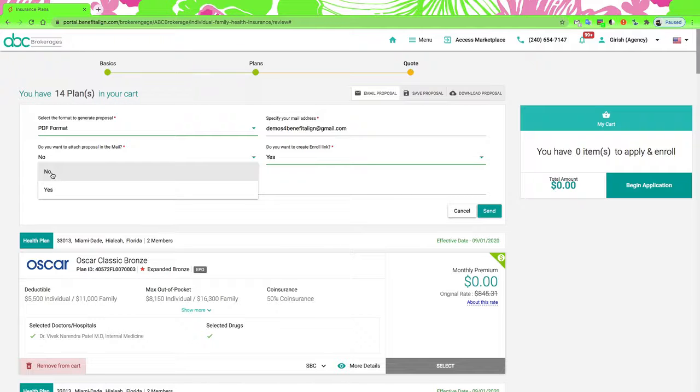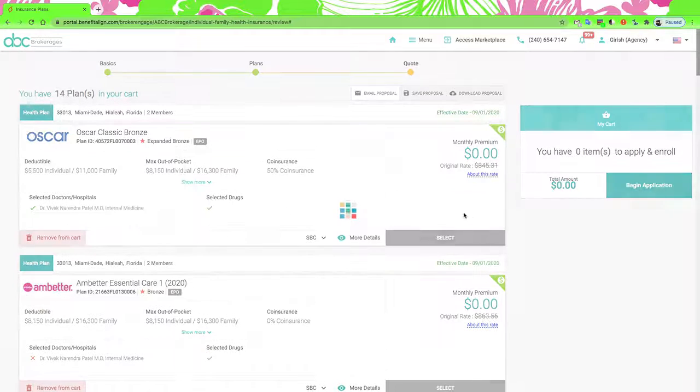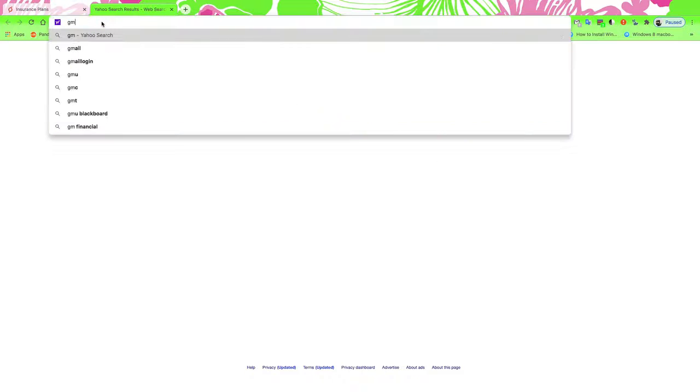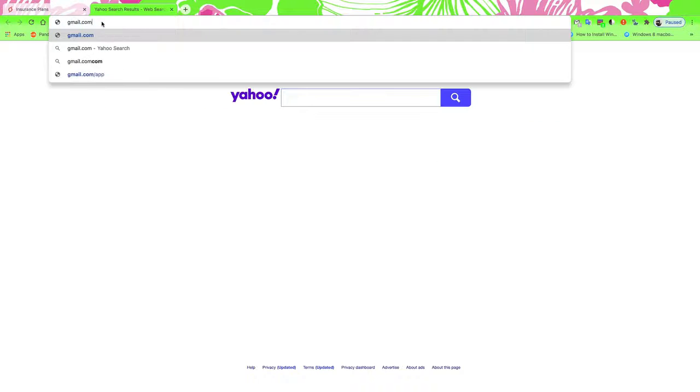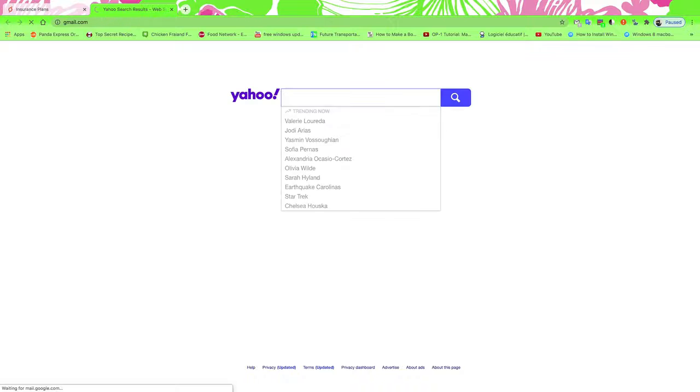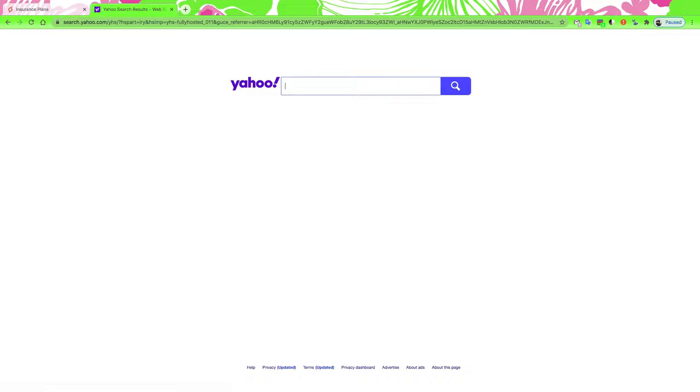So those links will expire after 7 days. So that way you can be assured that you're not sending them a quote or a proposal that will never expire, right? So it kind of gives you that added protection. You can also add some additional comments here. And let me just send that to the customer's email address. Okay, hopefully it takes a few minutes for it to come. Let me just